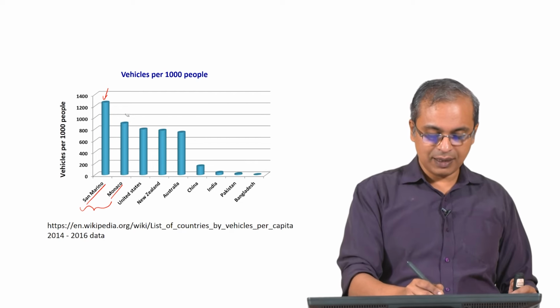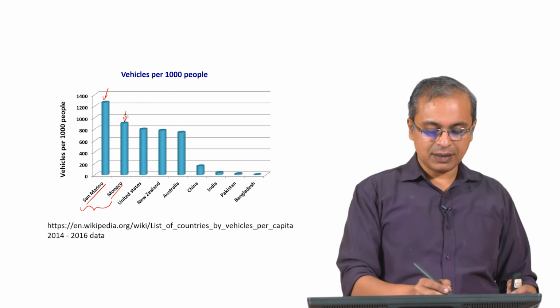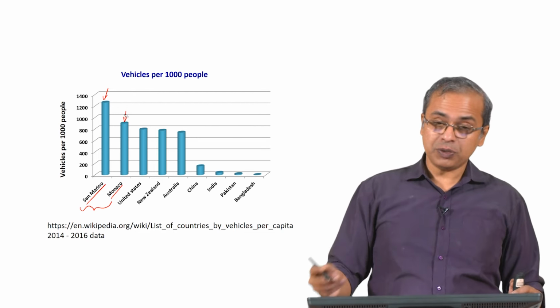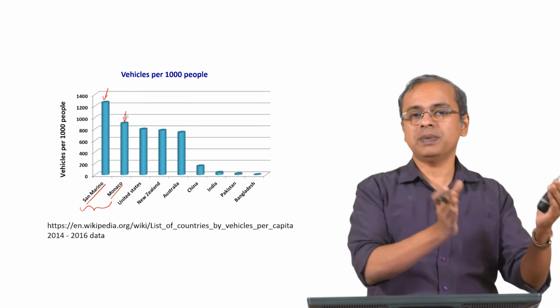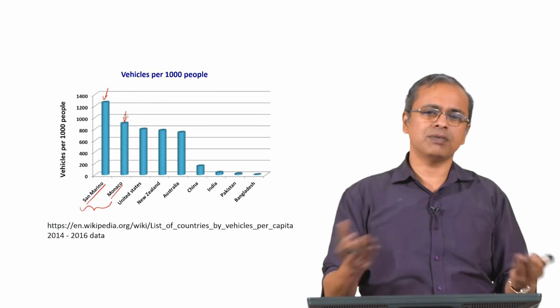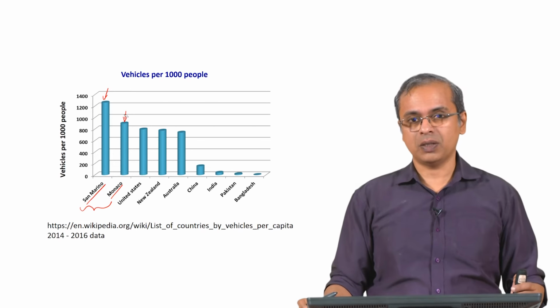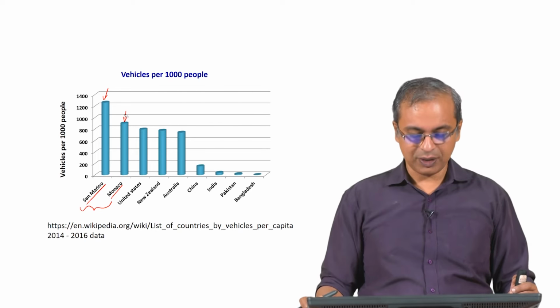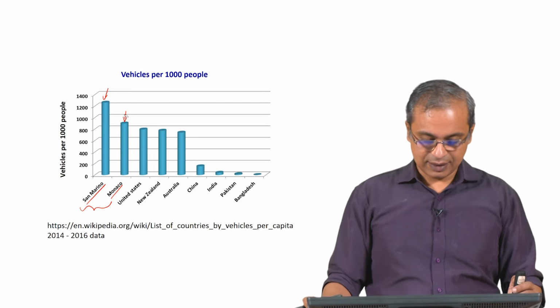One has over 1,200 vehicles for every 1,000 people, and the other has close to 900 vehicles for every 1,000 people. So, they actually have much more. We typically link automobiles with the United States because there is an extensive amount of automobile usage there, but they actually have more per 1,000 people than the United States. But as I said, they are two tiny countries, so it is not relevant in the grand scheme of things, but it is interesting to know that such a thing exists.